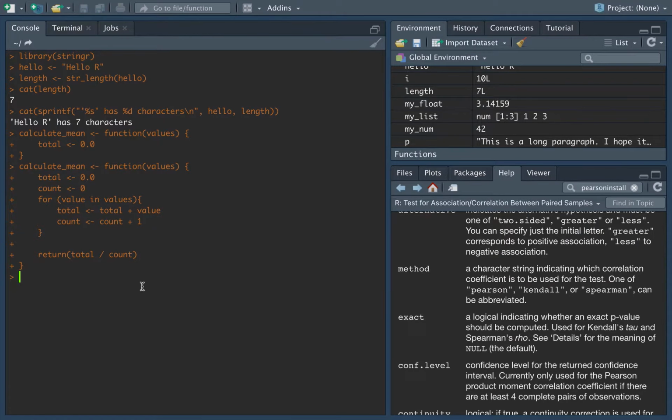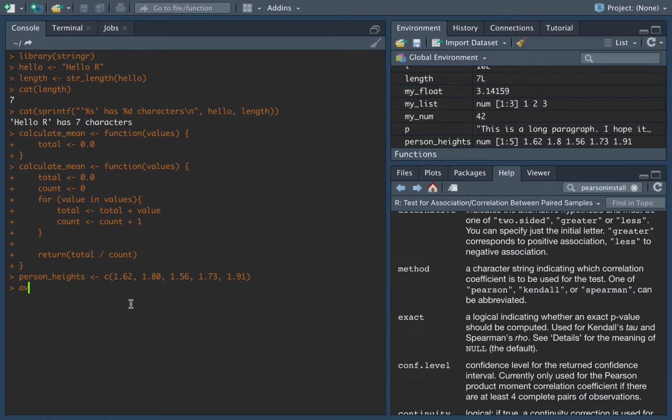Now when I press return, what we've now done is we've defined this function which is assigned to the variable calculate mean. We can use the function just like we use any other function. So let's say, for example, now I'm going to create a new list called person heights. I'm going to assign to this the numbers 1.62, 1.80, so these are the heights in meters, 1.56, 1.73, and 1.91. The average height we can now get by calling our function calculate mean, which you can see here I'm calling in exactly the same way as before, calculate mean, and then we pass in person heights, hit return, and